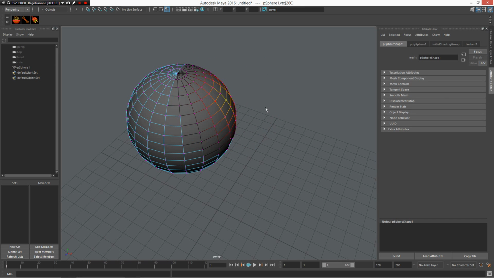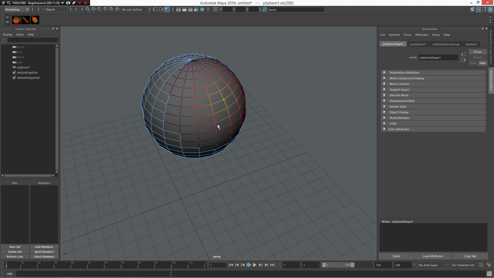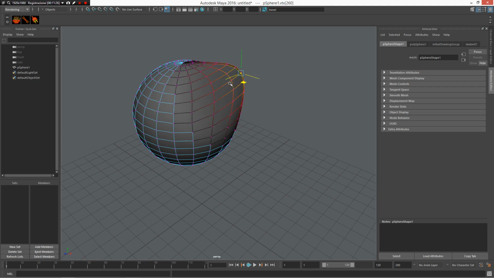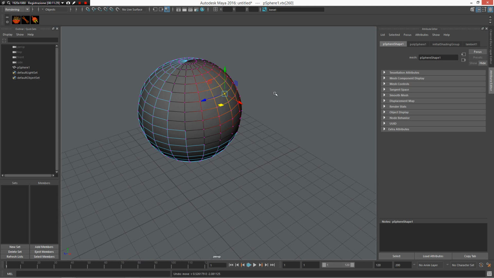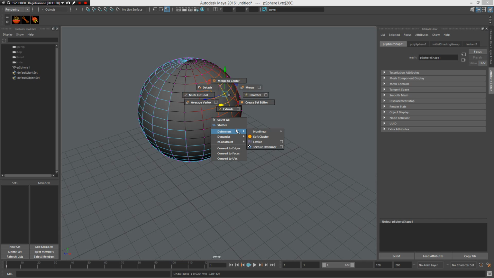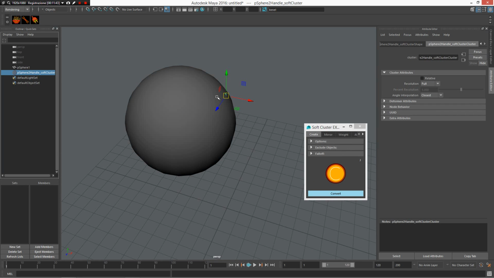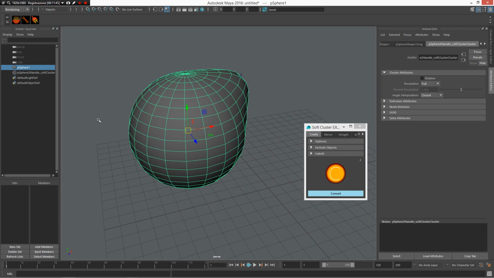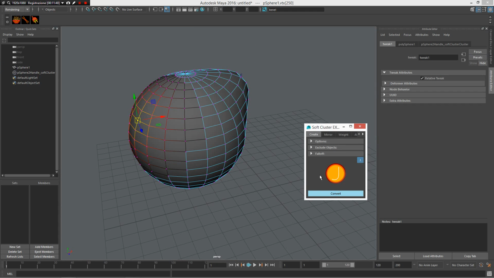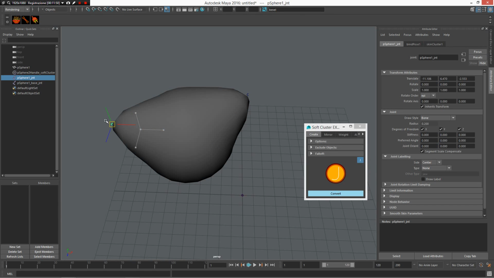I can increase the diameter of soft selection, and now this soft selection I want to transform into a cluster. So I can press Z, right mouse button, deformers, soft cluster, and voila. I can grab my cluster. Now I want to use a joint, and voila. Everything is already set up correctly, works out of the box, no problem, no pain, and very simple to go